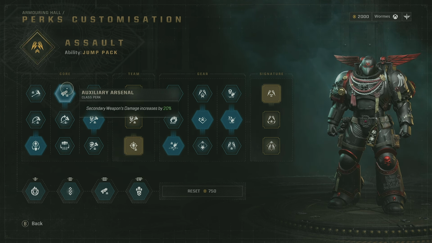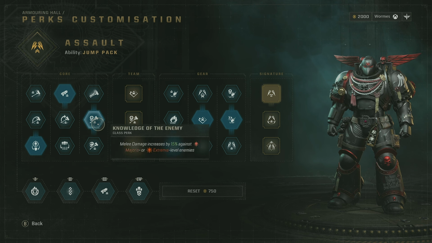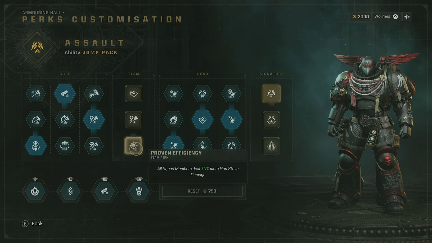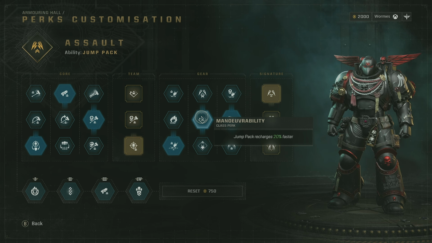And then we have auxiliary arsenal up here. Our secondary weapon damage increases by 20%. We are really trying to put a lot of power into our secondary to make up for any damage that we're losing from not taking a blocking weapon and things like that. So we have 20% here, we have 15% here, and then we'll get into our later perks that are also increasing our secondary. We have knowledge of the enemy, and then we also want our 30% more gun strike damage, precision strike, maneuverability,